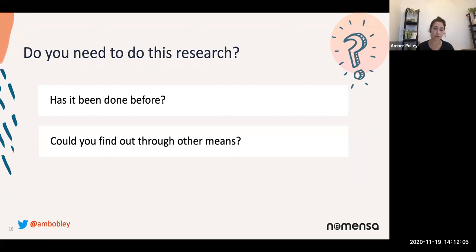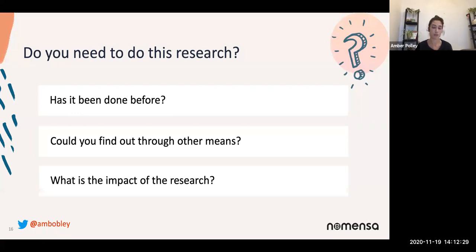If you're working with a client, what other research do they already have? If you do a bit of desktop research about what they have, they might not actually need to go out and ask these questions again, because they already have enough in their background. You could also look for opinion pieces through social media, getting opinion-based research that way. You don't have to go out specifically and ask these people these questions. And again, what is the impact of this research going to be on yourself and the participants? Really get to know that this might have a social and personal impact, and you need to be asking that question.